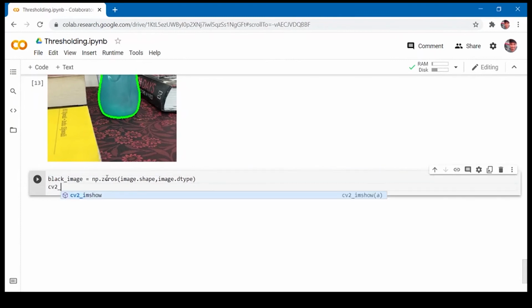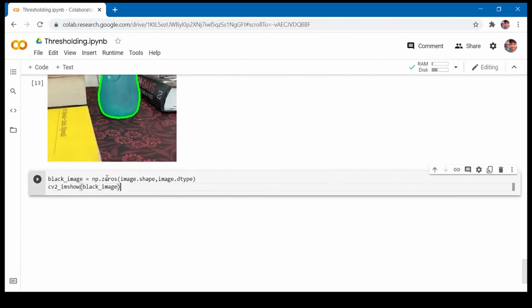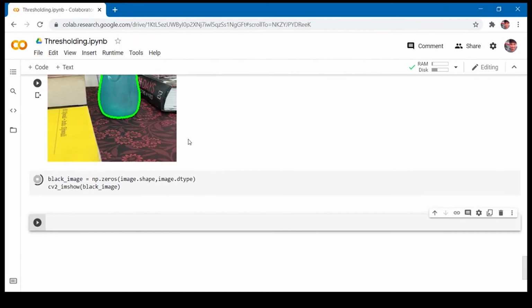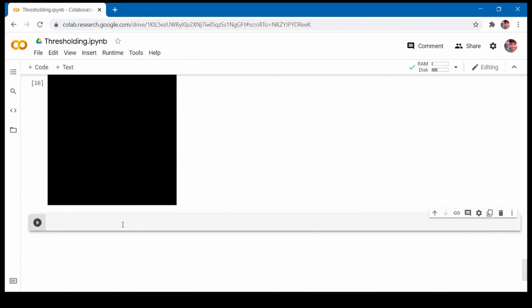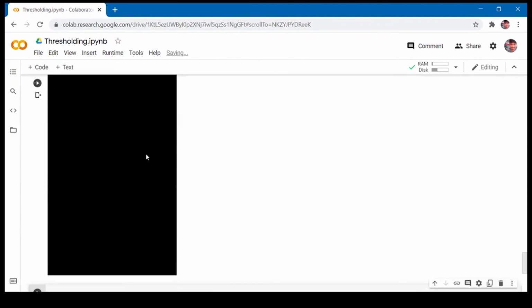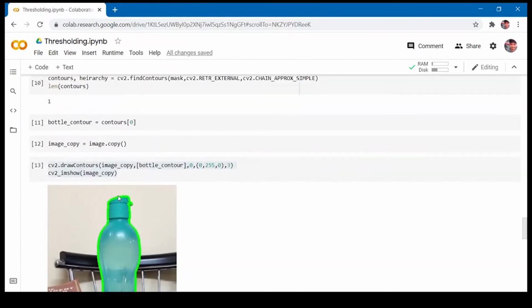Now when you show this black image, you can see that the total image is black. Now what we have to do is fill the portion that covers the bottle with white. So for that we'll make use of the function cv2.drawContours.